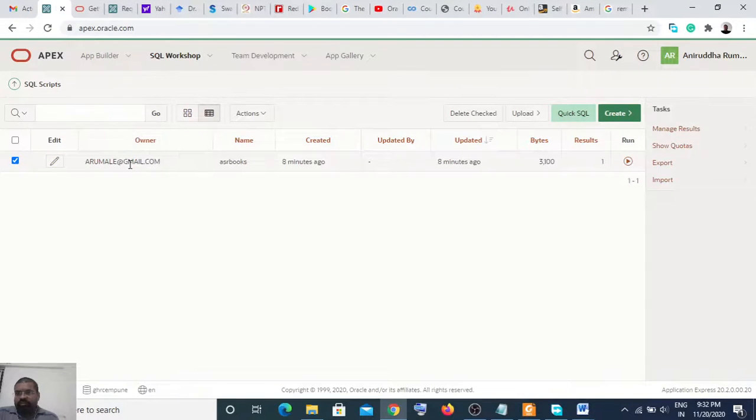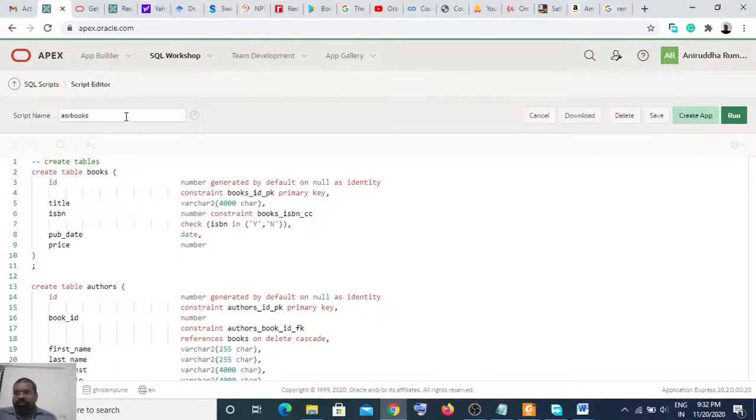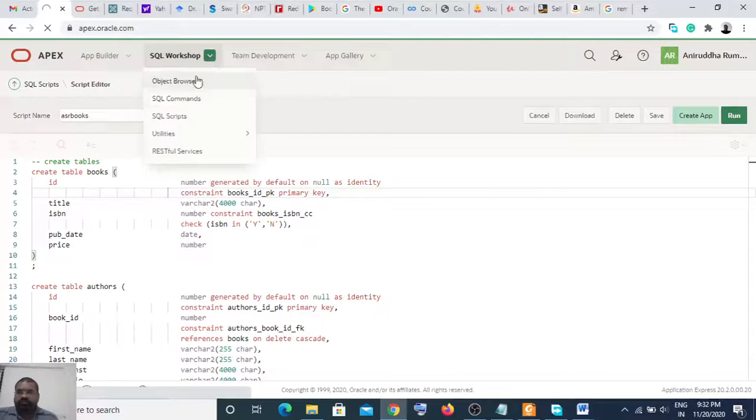Now edit. So we have the script name, and then we have this create books and so on. So we simply want this in the Quick SQL. So we go to SQL Workshop and Utilities.